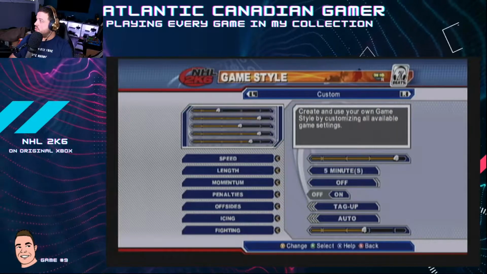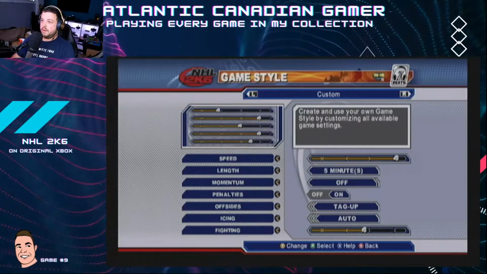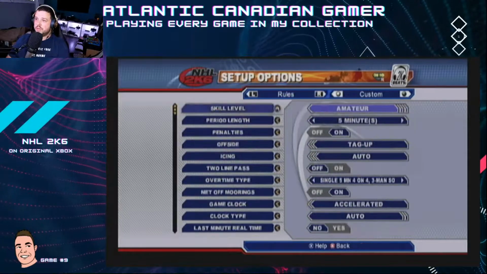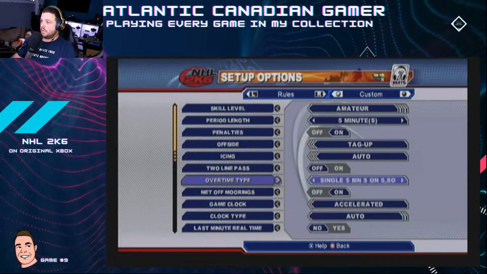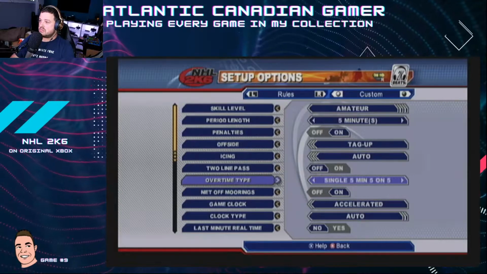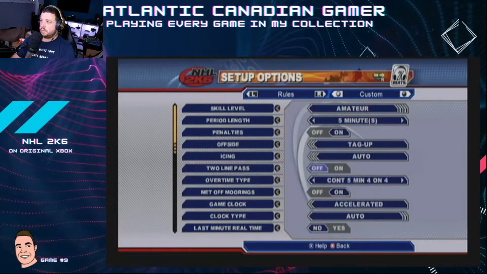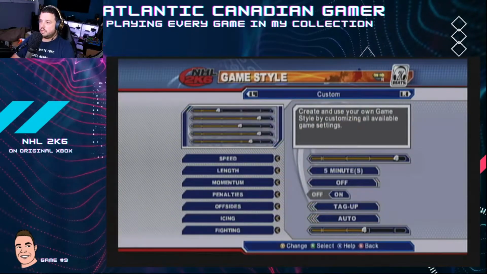So I didn't look at any of the controls or anything like that. I'm just kind of winging it. Of course, I did turn up the speed. Length 5 minutes. Penalties on. Offside, auto. Fighting, I brought the fighting up a little bit too, just to make it a little bit more fun. Overtime, I kind of like it if you can do it. Let's just do continuous 4-on-4, I guess. And yeah, I'll just play a game here. We'll take a look at the game and see how it runs